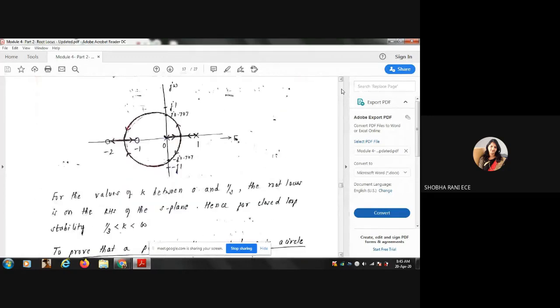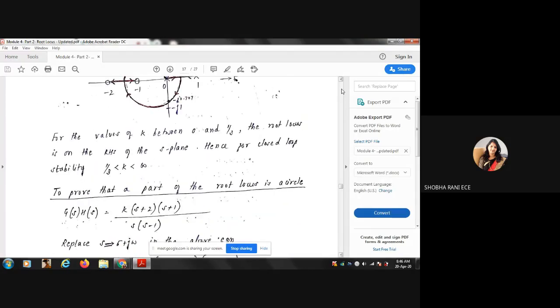So here we saw that a part of the circle was lying on the right hand side, a part was lying on the left hand side. So we came to a conclusion that it is marginally stable. If the root locus was entirely on the right hand side, then we would have said it is completely unstable. Or in this problem, it is neither to the left hand side, nor to the right hand side. It is towards both the sides. So we say it is marginally stable or conditionally stable.